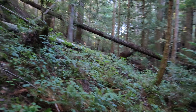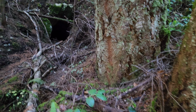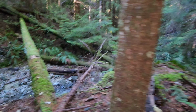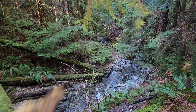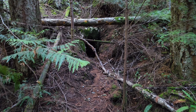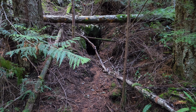Down about 75 meters here at the Nugget Creek adit. This goes in 37 meters. This is the dump area here, all along here. There's dump material, as well as on the other side. So we're going to look around the dump. We're going to get a sample briefly from the mouth of the adit. I do have a sample still from last time I was here from the back. I don't want to go in because it's water filled,